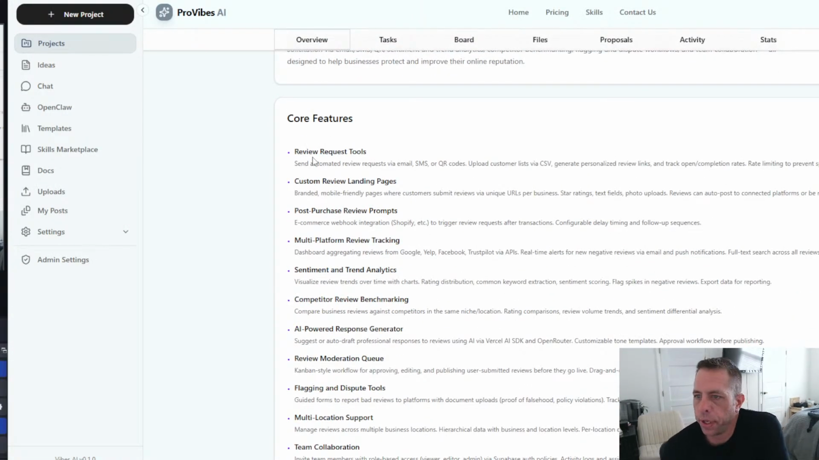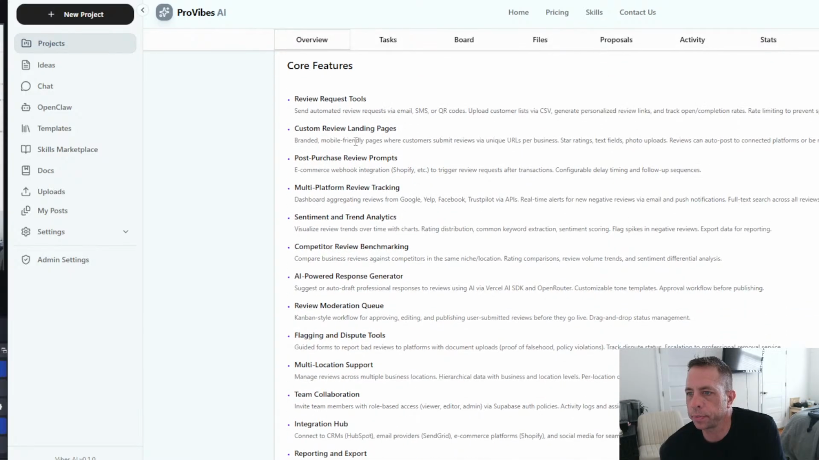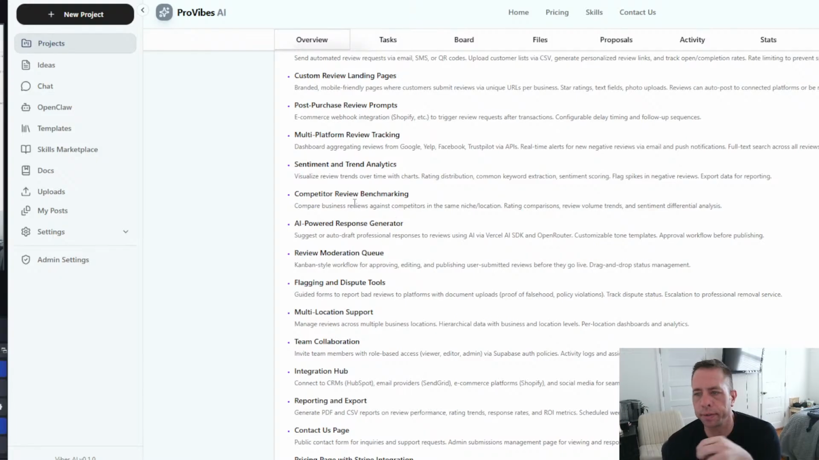So the core features, review request tool. We'll go over that. Send automated review requests via email, SMS, or QR code. Customer review landing pages. So you'll have a landing page that you can generate reviews from, and it'll ask them, what was your experience? If they rated 1 through 3, then it'll bust out a form that the user can fill out, and hopefully it'll mitigate bad reviews on things like Google and Yelp because they're going to be submitting that information directly to the business owner. Purchase reviews, that's going to be an integration with platforms